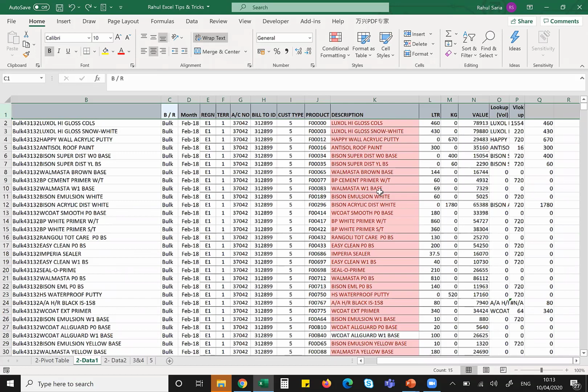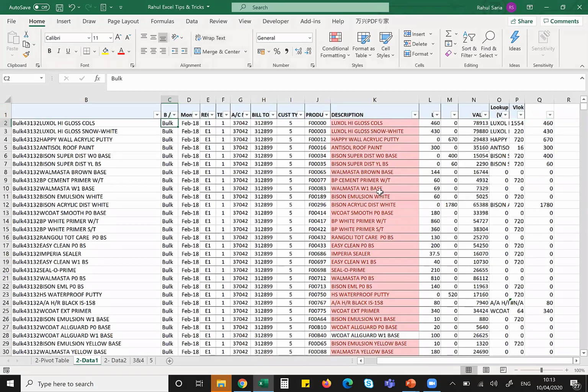And if you do not know, go to Google, just find out a shortcut, start using it. I bet once you have used it three to four times, you will definitely get it immediately. It will automatically come to your hand and you'll become very fast in Excel. So I'll repeat, I just used Shift Space to highlight it, and then I press Alt DFF. You see the filter is ready.